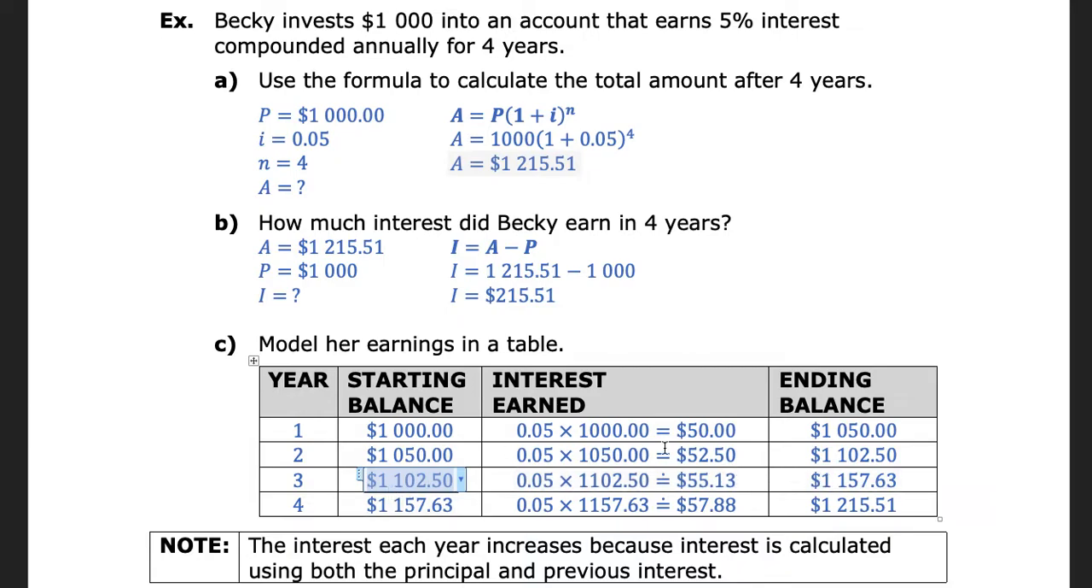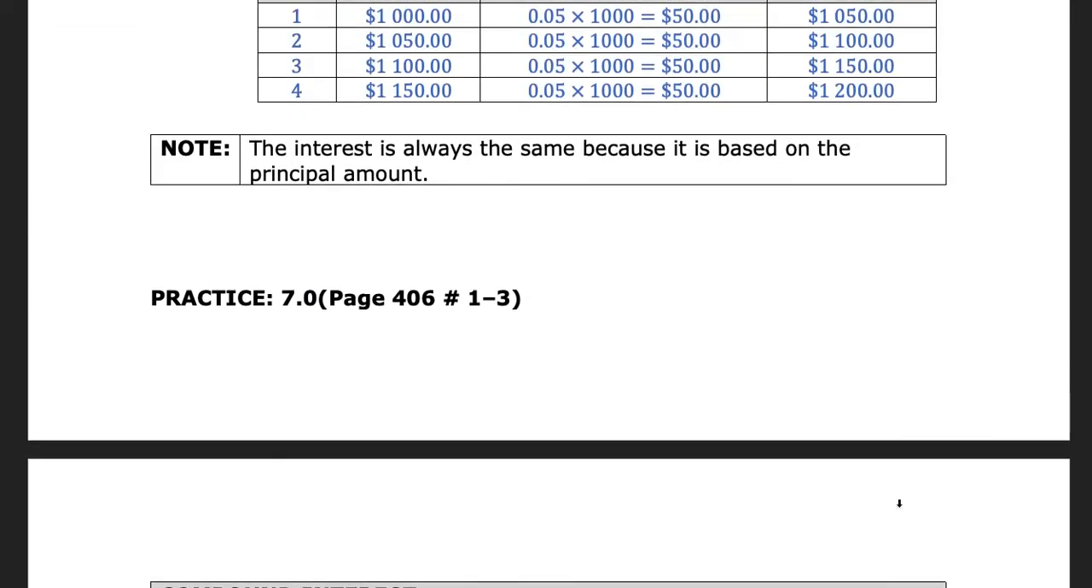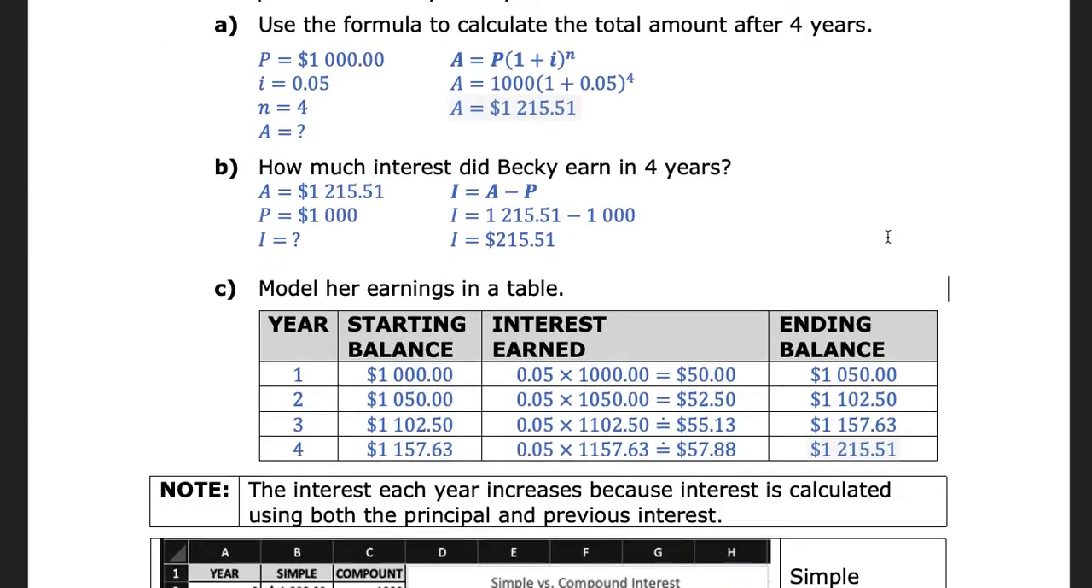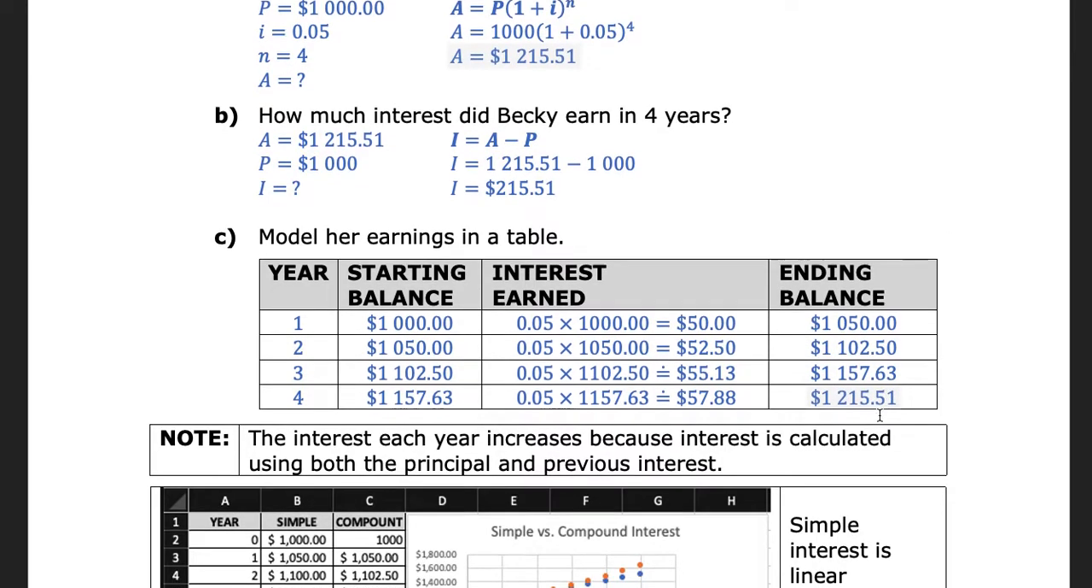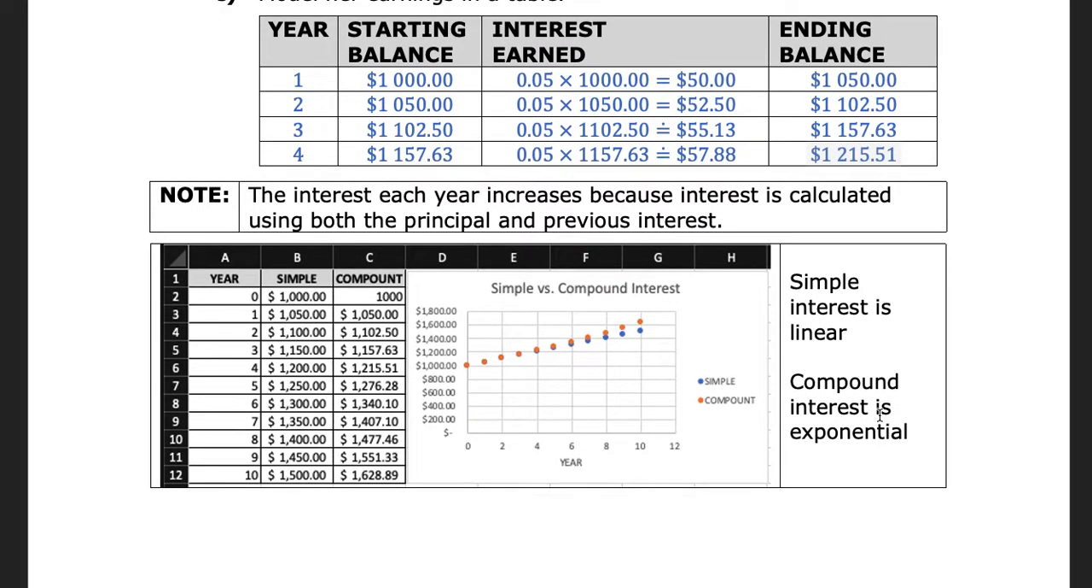And we'll add up our values, our starting balance, and our interest earned to get our ending balance for this term. And this process continues. Notice that it's a slight difference from our previous example. This is $1,215.51, and that looks like it was up $15, and that doesn't sound too significant over the course of 4 years, of course, but looking at this graph,